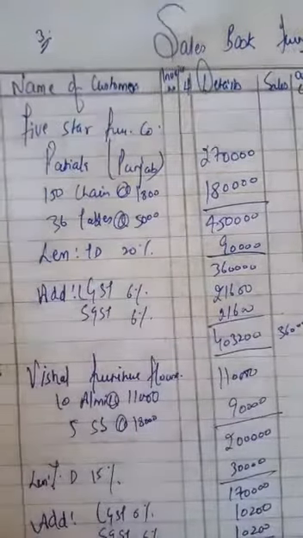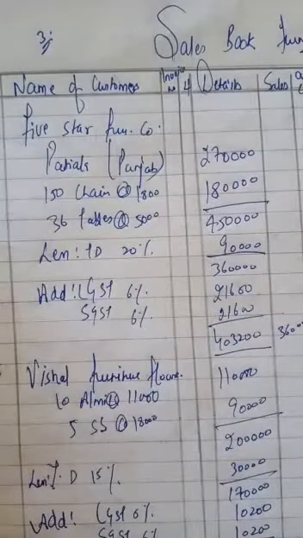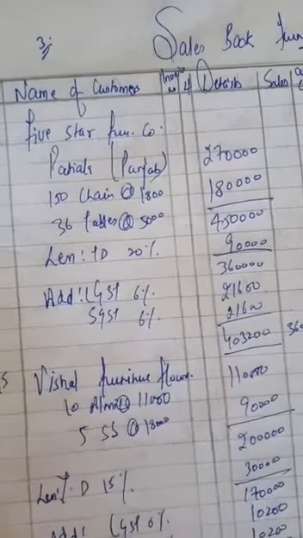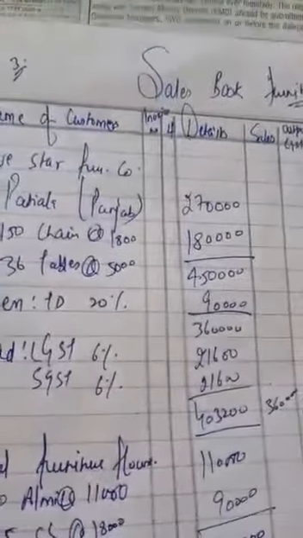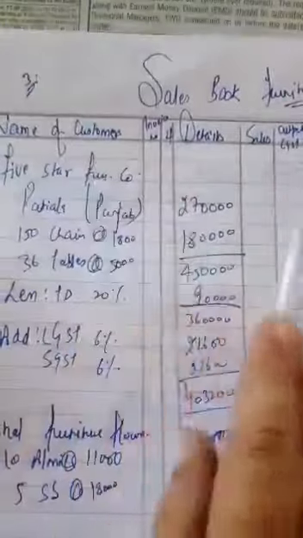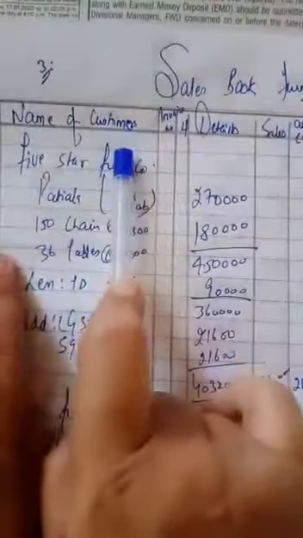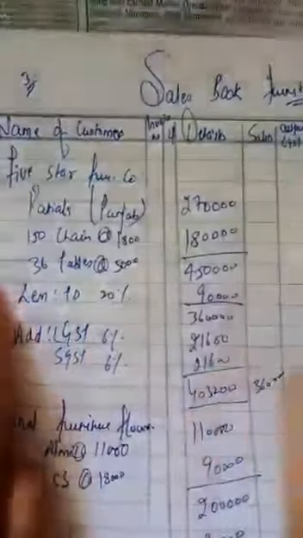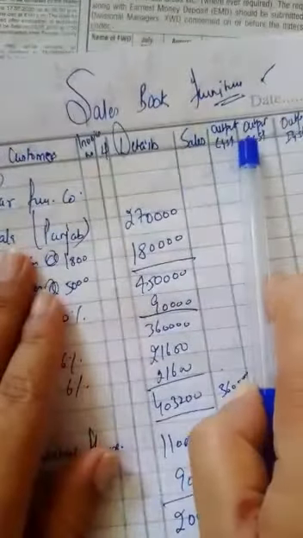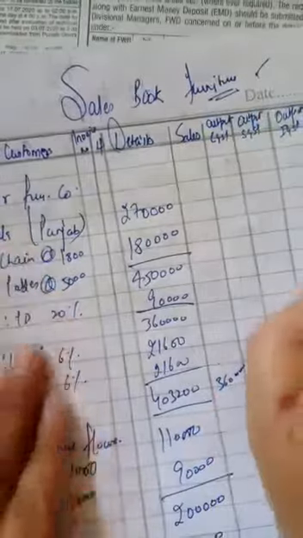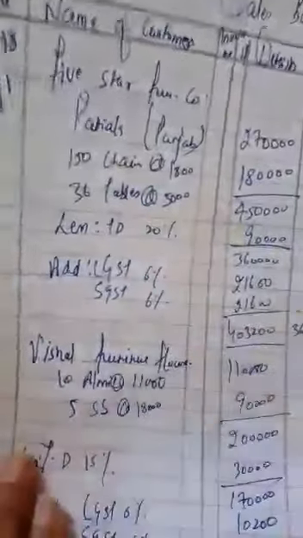2 questions for purchase book you have done yesterday and 2 questions of sales book you have to do today. They are just similar, just the differences in the formatting. In place of name of supplier, you have to write name of customers. Then in place of purchase you will write sale. Then in place of inputs you will write outputs. Rest all the things are similar.